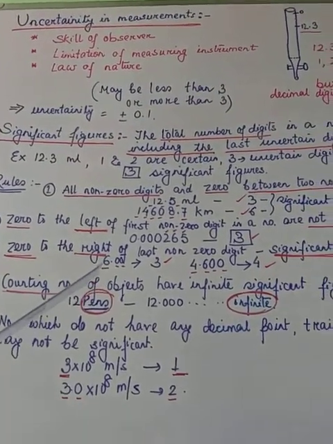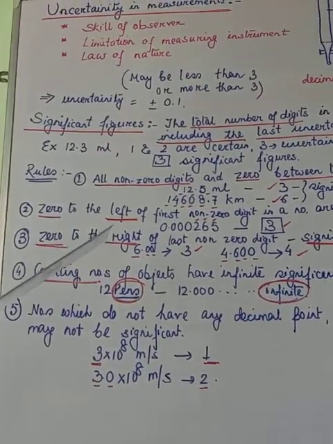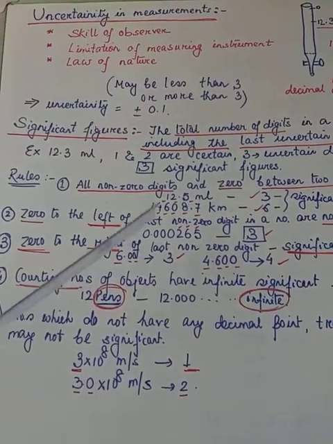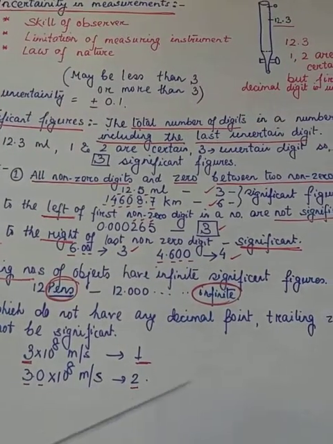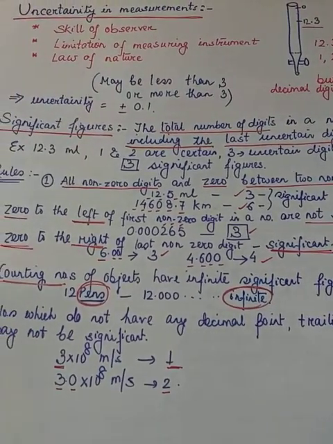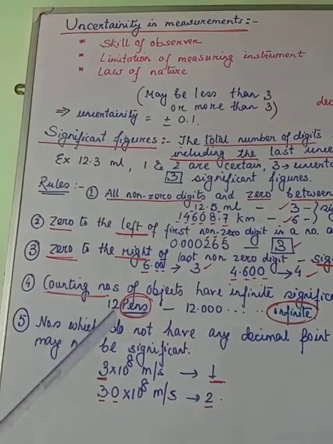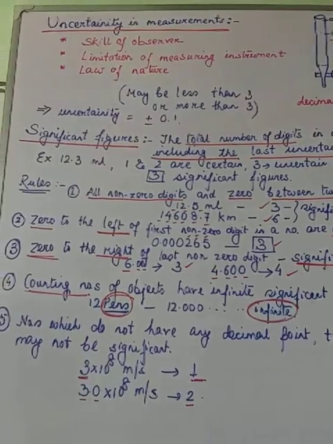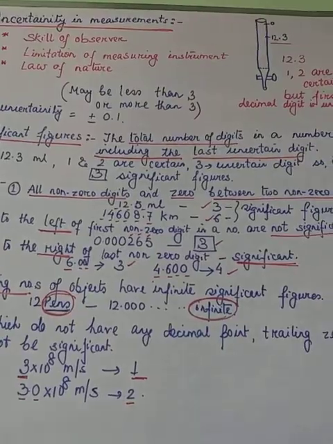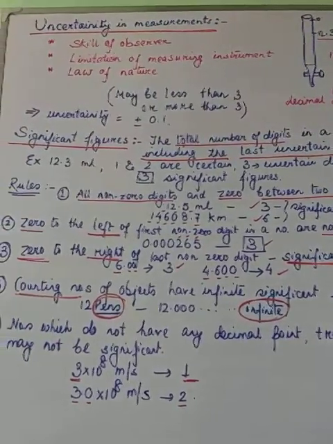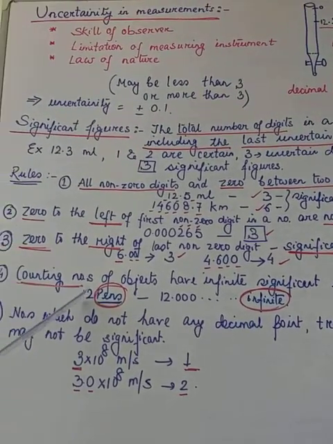There is nothing to be confused, but we are now calculating the number of significant digits. 6.00 will have 3 significant digits. 4.600 will have 4 significant digits. Coming to rule 4, counting numbers of objects have infinite significant digits because they could have infinite trailing zeros. 12 pens could be 12.0, 12.000 till infinite, any of this. Therefore, when we are calling 12 pens,